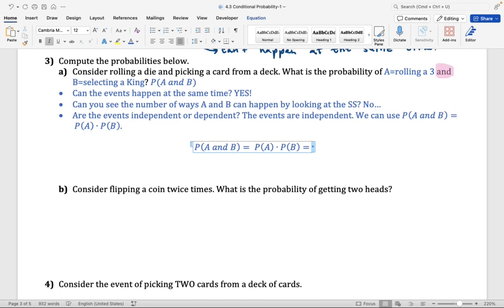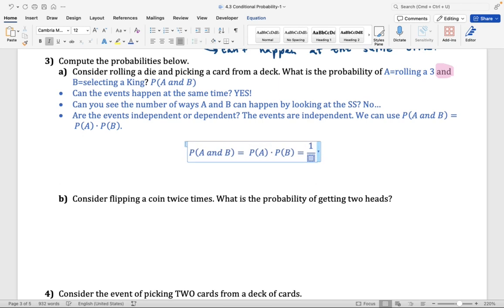Let's go ahead and think about what is the probability of A. What is the probability of rolling a 3? You have one single die. How many ways can you get a 3? There's only one way to get a 3, right? There's only one face on the die that has a 3. Now here I'm going to divide by the total number of outcomes in the sample space. Here we're talking about the sample space from rolling a die. We have 6 different outcomes. You can either roll a 1, a 2, a 3, a 4, a 5, or a 6. So here I'm going to write 6. We're done computing the probability of A.